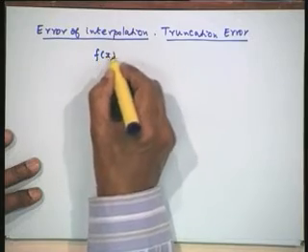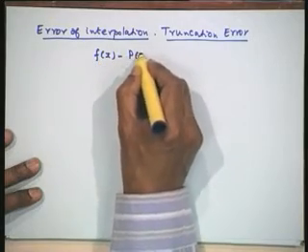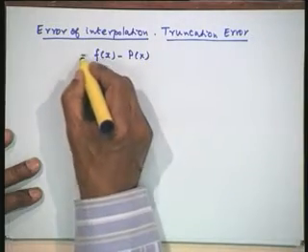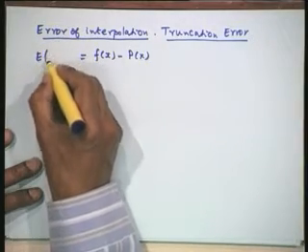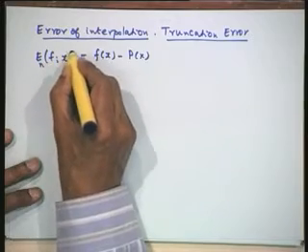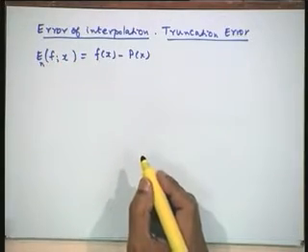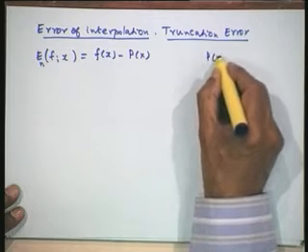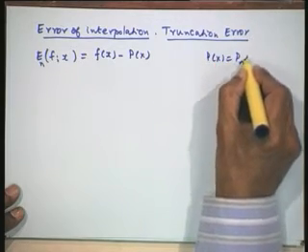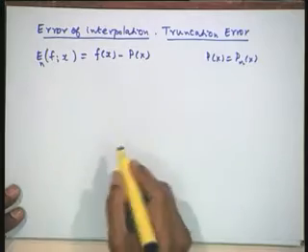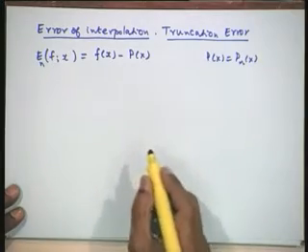So let us denote this f(x) minus p(x). P(x) is a polynomial of any degree 1, 2 or 3 or anything. This is our approximation, and let us denote this as the error, E_n(x). So that means we are now writing in general p(x) as p_n(x). It could be n is 1, linear, n is 2, quadratic polynomial, or otherwise a polynomial of degree n.